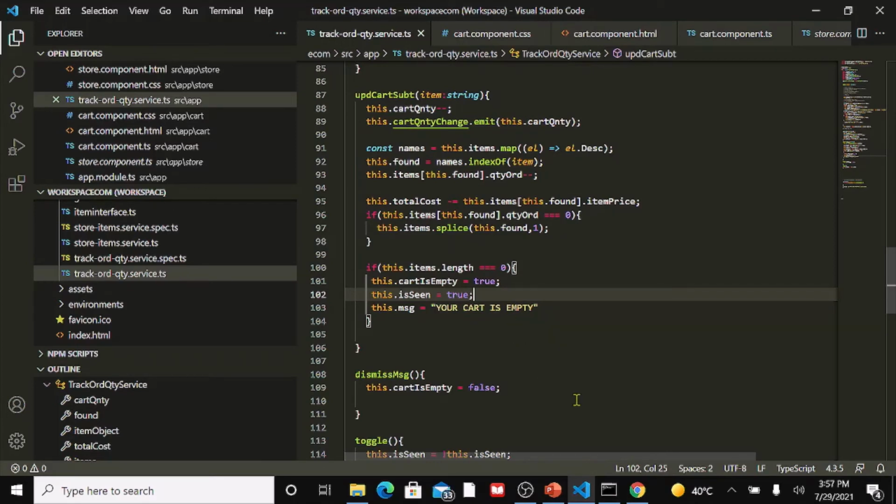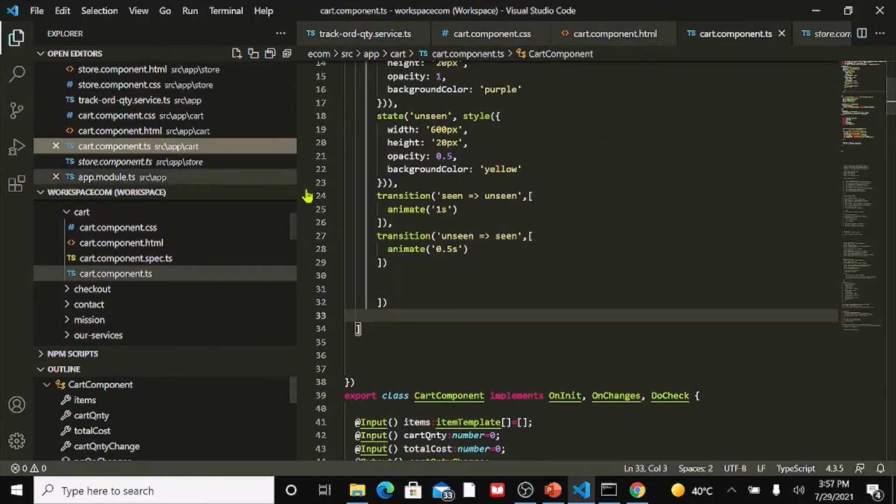Okay, so now that we have put in the property and the function, remember we have declared these in the service file. The cart component is not aware of them. We need to make them visible to the cart component. So come to your cart component TypeScript file and we'll put in